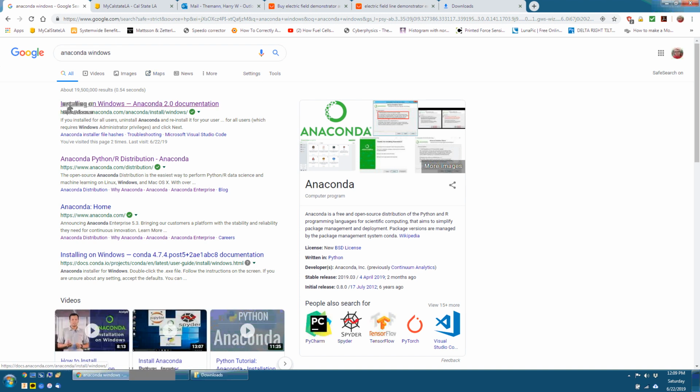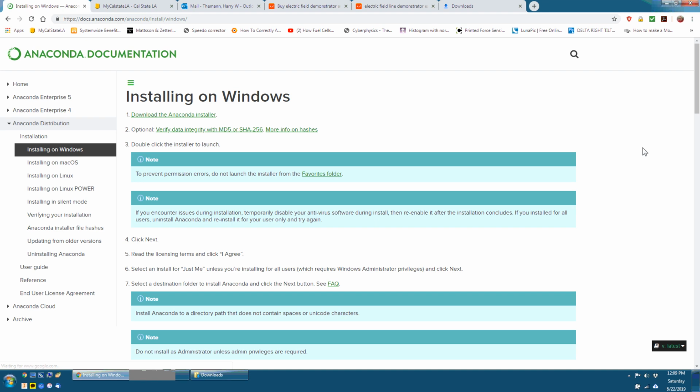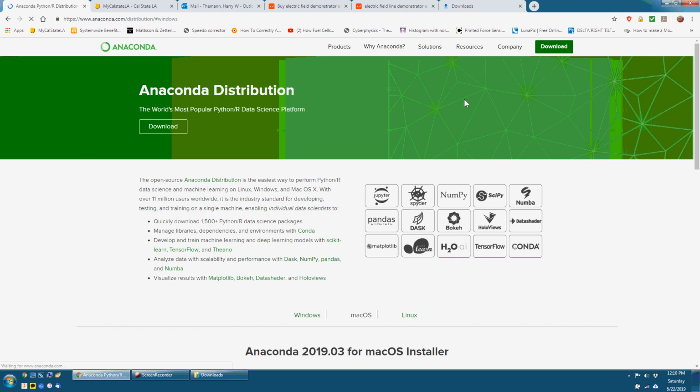So we're going to go right to installing on Windows, and we are going to download the installer. Installing on Windows, you can see here for Mac OS, there's Linux. Probably you don't have a Linux computer at home, you might have a Mac, but that's a different video. So here we go. We're going to install this distribution. That's the free one. Download the installer,